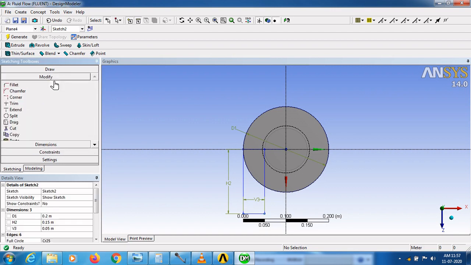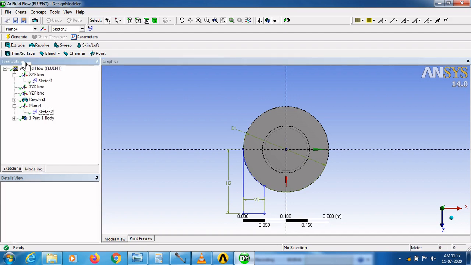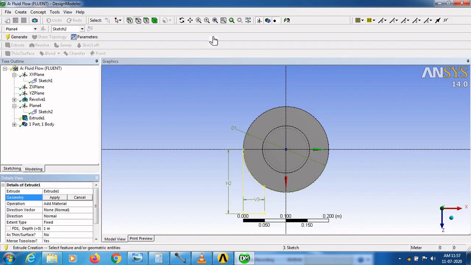Then go to modify tool and select trimming option and cut the unwanted curves and lines. Then go to modeling section and select extrude option.